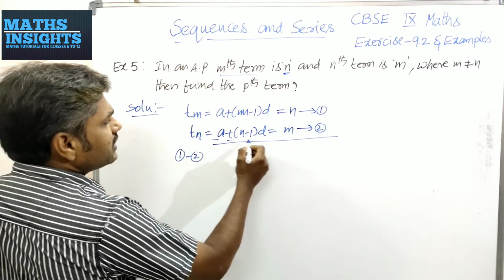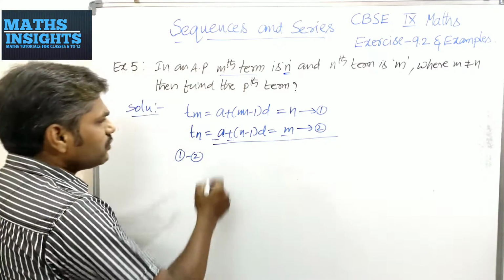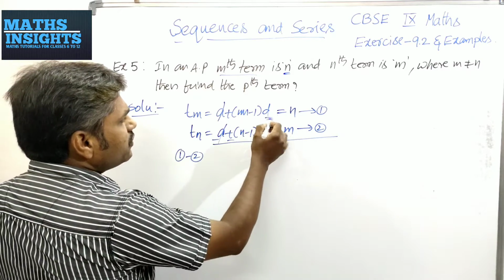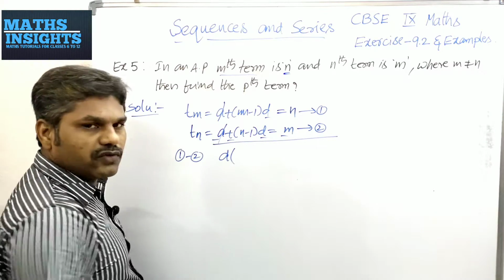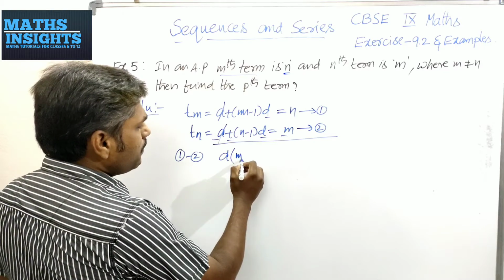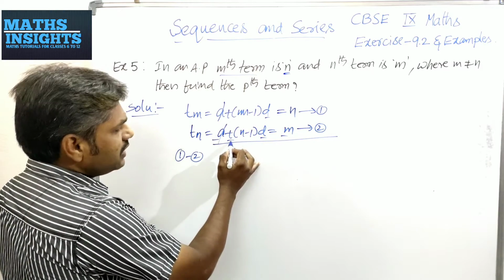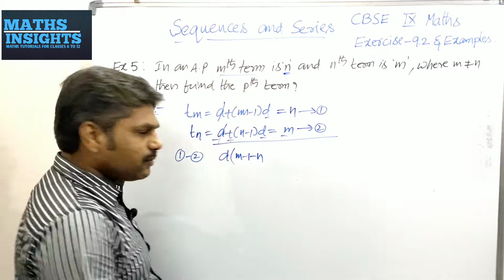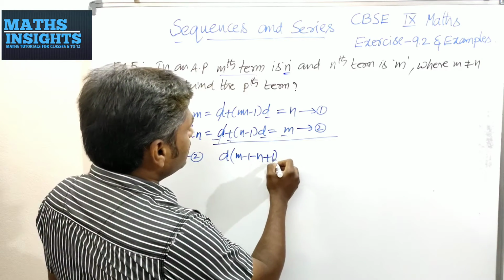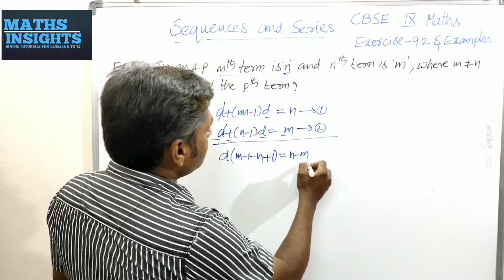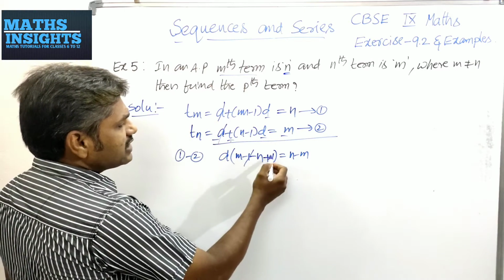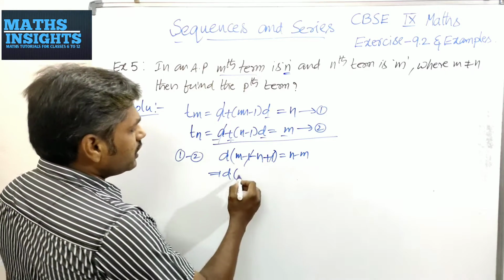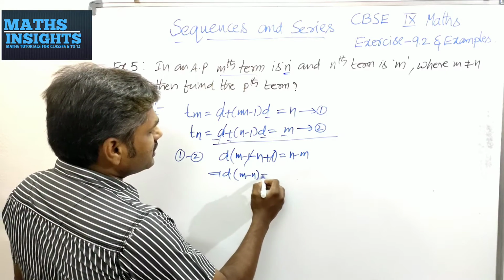Then all the signs will change. Very simple. Plus a minus a will get cancelled. Then if you take d as your common factor, it will be m minus 1 here, minus n, and minus into minus will become plus 1. That is equal to n minus m. If you cancel minus 1 and plus 1, d into m minus n, that is equal to, I